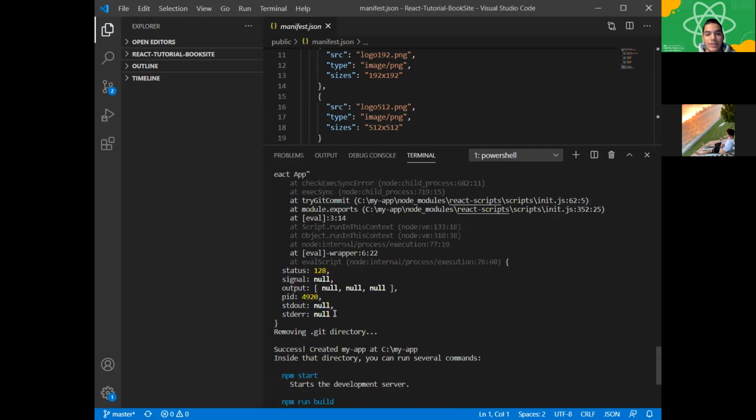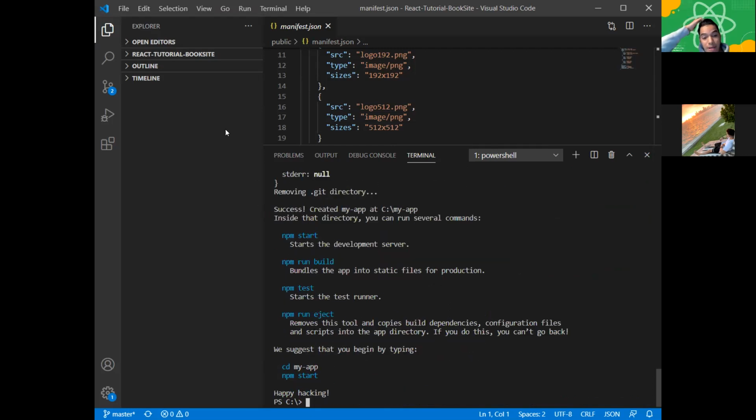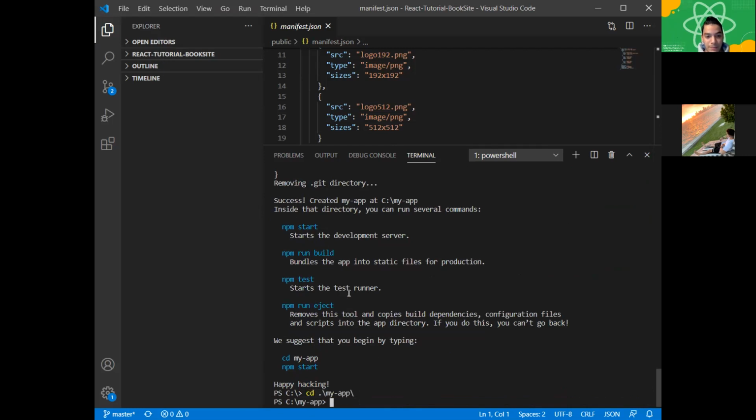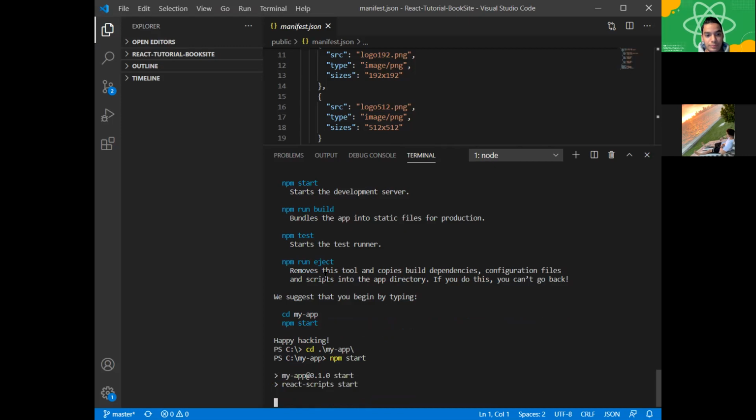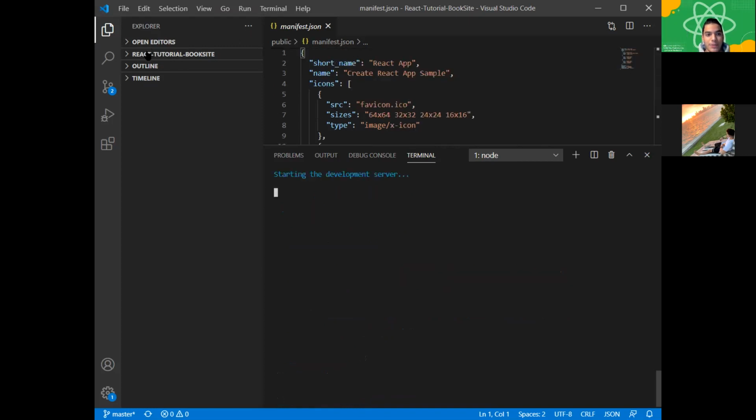All right, cool. So now let's cd my app and then npm start. See right there, cd my app and npm start. And that's going to run the local server. So now let's open up your my app in your file explorer so we can start copying